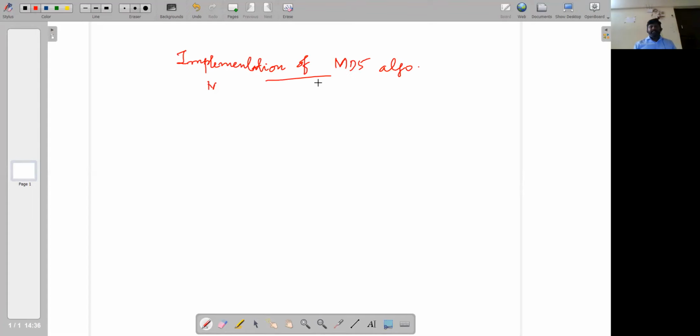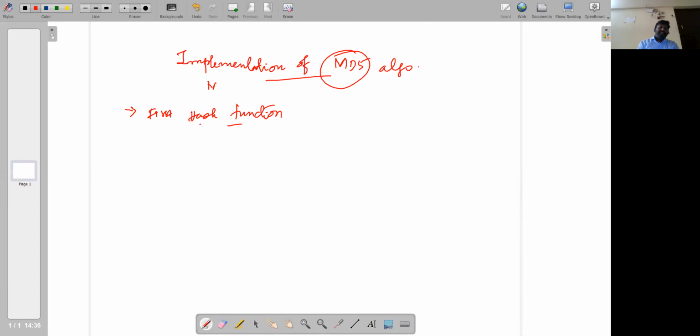Right, this is the name of the experiment which we will be performing today, which is the MD5 algorithm. So this was the first hash function. Though we have covered the theoretical explanation in much detail, I'll do a quick recap of how the operations are performed in MD5, in case anyone has not attended the lectures, so they will get a basic idea. Through that I'll take you into the programming part, right?